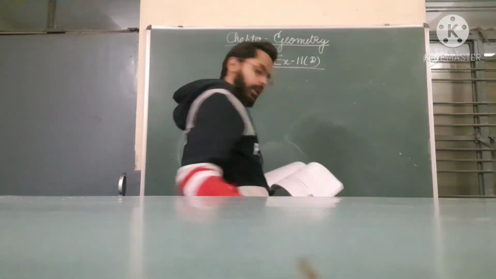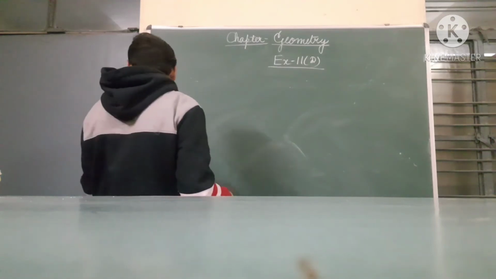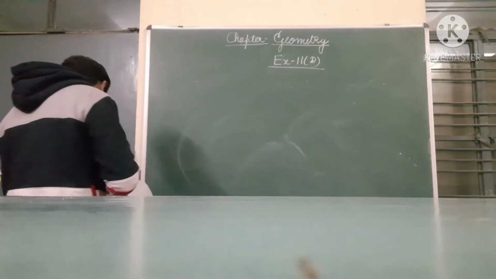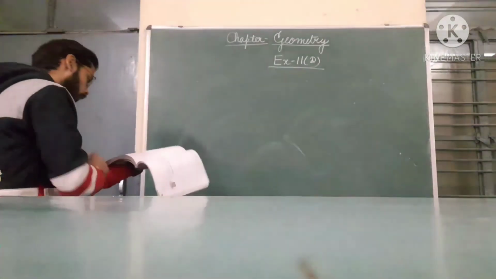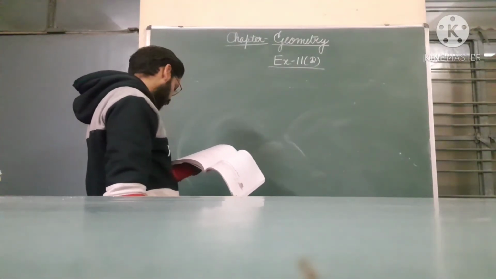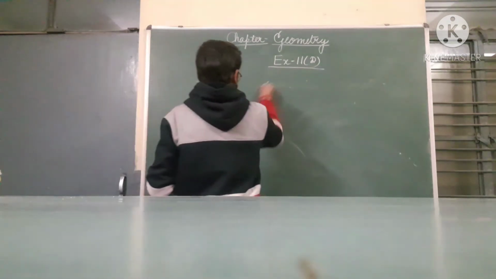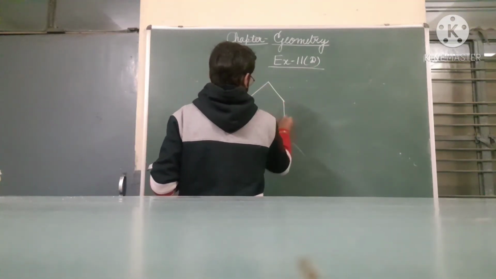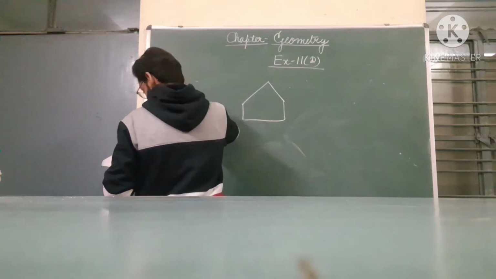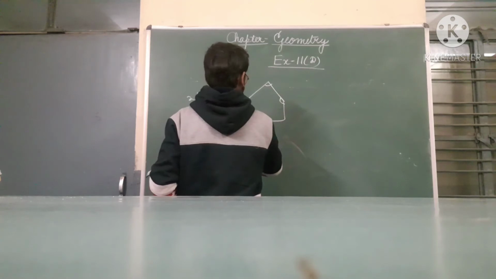exercise 11D. In exercise 11D, cross the shapes around polygons, you can easily do it. The next one is to count the number of sides. As we can see, the sides are 4 and the angles are also 4. Sides are 5 and angles are also 5. The angle is mentioned like this. For example, this is given like this. Second C. It is given like this.